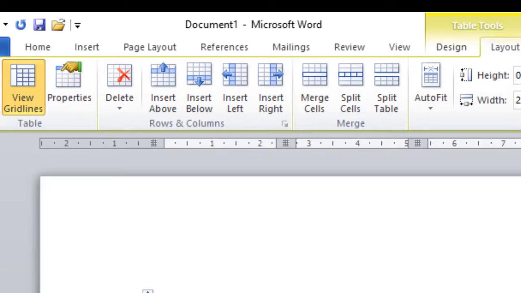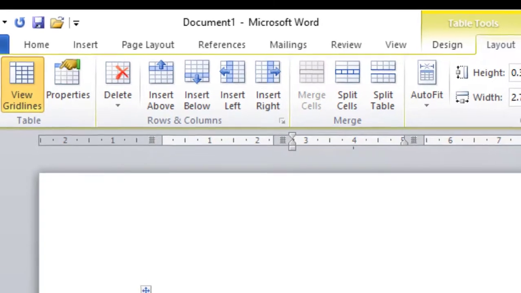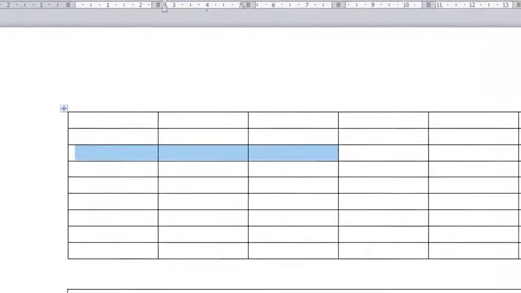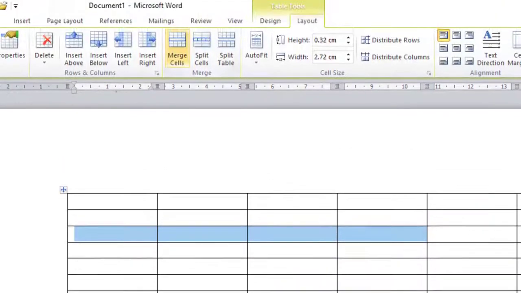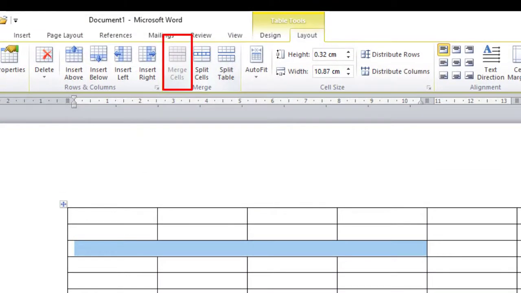You can use different options to merge cell also. To merge different columns, select the multiple different columns which you want to merge, then click on merge cell option. So it will merge all the columns. Also, you can apply the merge cell option on rows also. So select the particular rows which you want to merge and then click on merge cell.